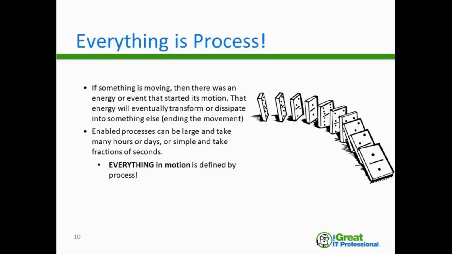The reason this is so important as a foundation is that anything can be analyzed, anything can be improved, and anything in motion can be a target for automation. So when people think about, well, we're automating a process, you have to know what automation is, and you have to know the scope of what a process is, and the boundaries of what we're looking at, and the target of our analysis. And there really is no end to what that can be.